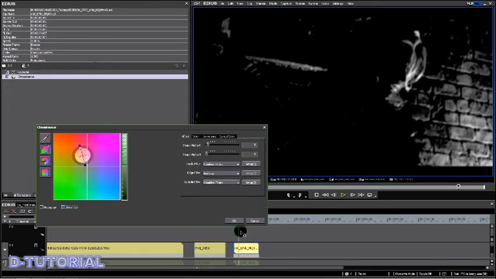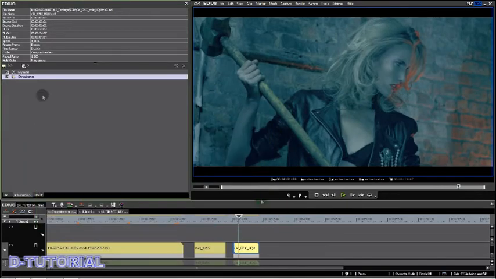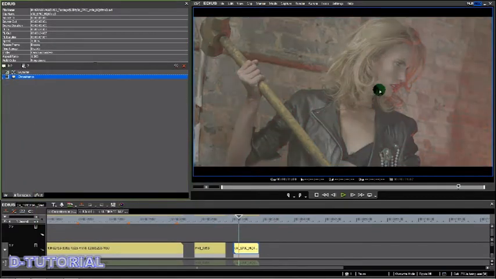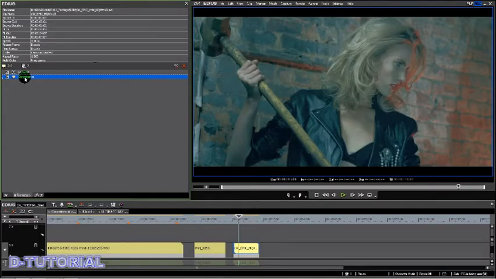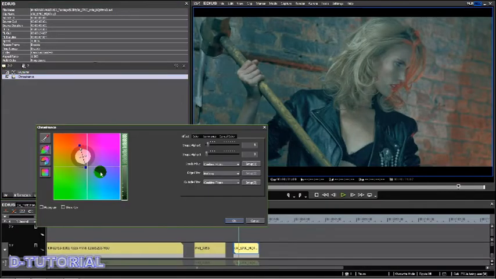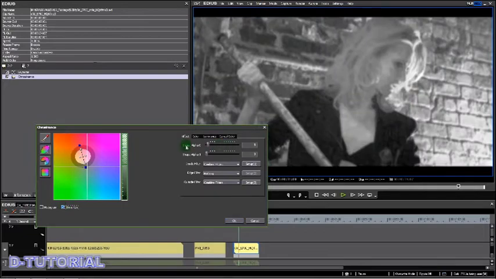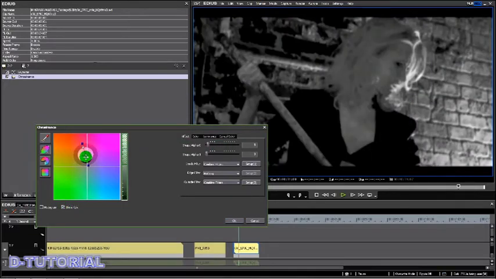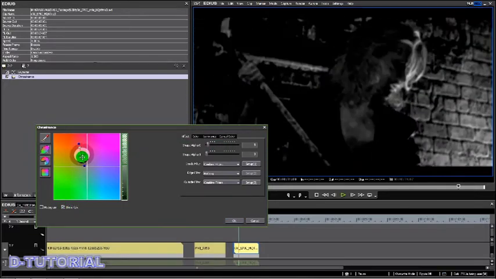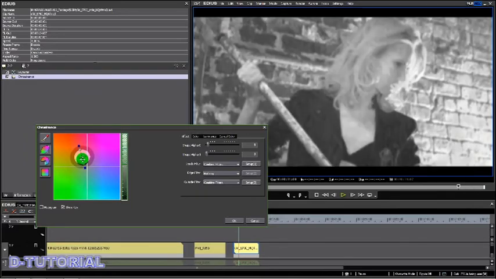Now the problem is, if we turn the key off and have a look at this image, remember we're trying to select skin tones, but if you look at this shot, everything's virtually a skin tone except the jacket. I mean, these bricks, that stuff, it's all virtually the same color. It's almost a monotone image. So for us to specifically select her skin only, we're going to have trouble. But I guess the point I'm trying to make is you can really refine this key and have a look at what it's doing. So I really want to select a little bit more of her skin than what we had as